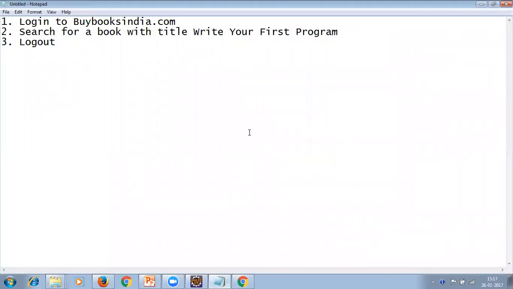So that was an example of logging into buybooksindia.com, searching for a book with the title, write your first program, and then finally log out. I hope this demonstration was helpful to all of you to get a very basic understanding of what automation is and how we can achieve automation using Selenium WebDriver. We will surely meet again and discuss in detail on each and every topic and understand Selenium WebDriver using different examples and different applications so that you will be very comfortable to use Selenium WebDriver for automating any kind of